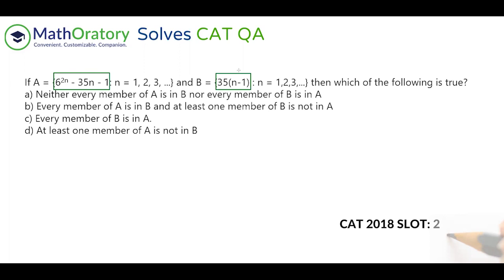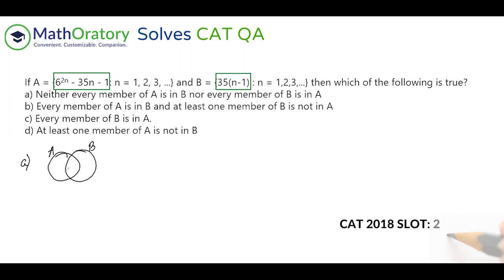So when we're comparing, let us first evaluate each option in terms of a Venn diagram. What does option A tell us? Neither every member of A is in B, nor every member of B is in A. Because we know something is overlapped, A and B have at least one element in common, both have 0 in it. So I can say that option A is saying something like this. A and B should be two sets like these, only then we'll go for option A.